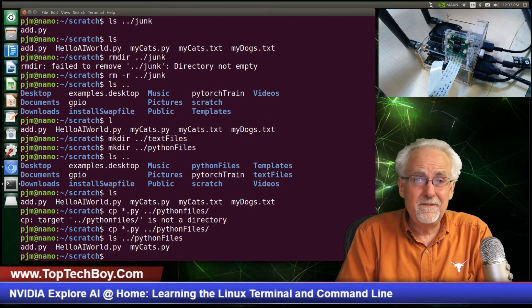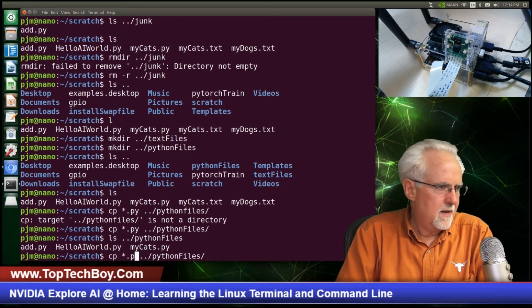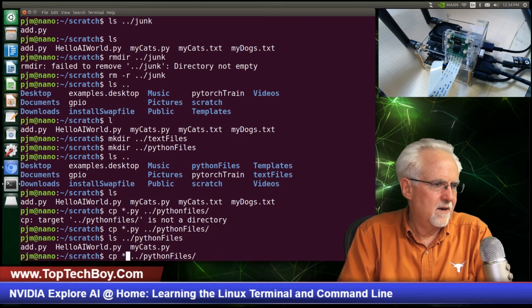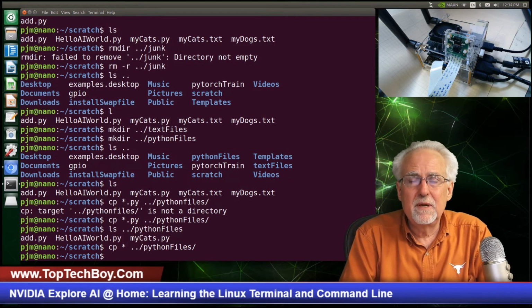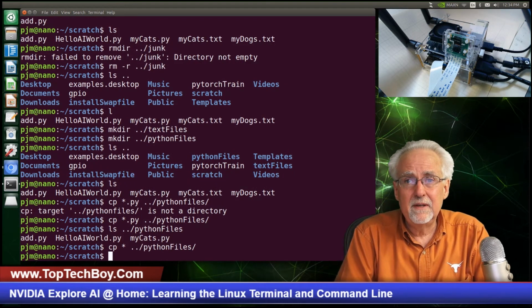What if instead of that, what if I had said copy and just put star and then into Python files? You guys tell me what that would do. Would it move nothing? Would it move everything? Okay,